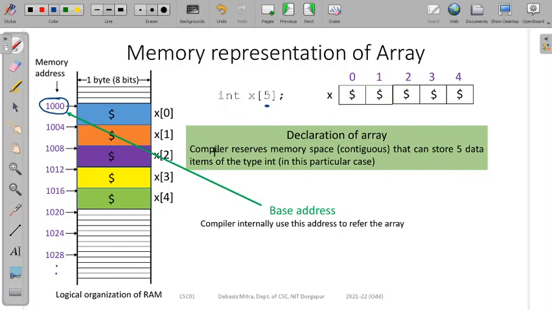Understood? So this particular starting address is formally known as the base address of the array. We as programmers refer to our array with the name X, but internally the compiler refers to this array with this base address. Let's say for this example, 1000. Using this base address, whatever operation we ask the compiler to perform, it can perform,